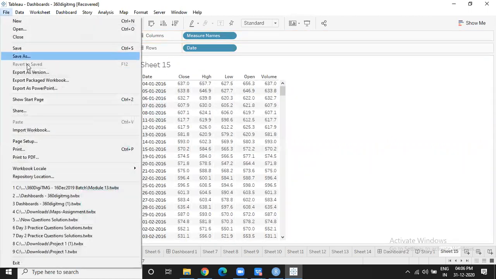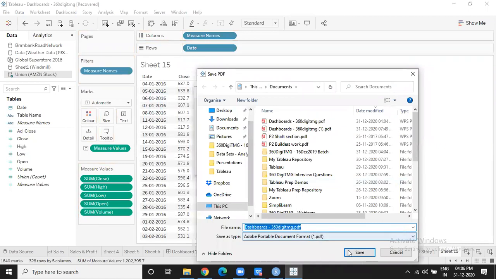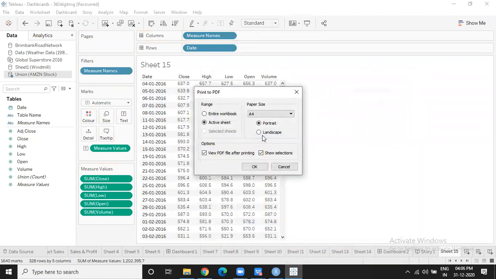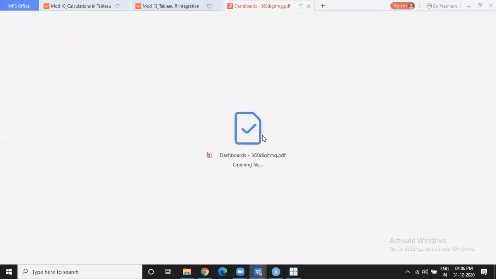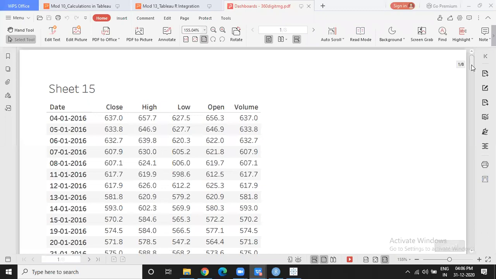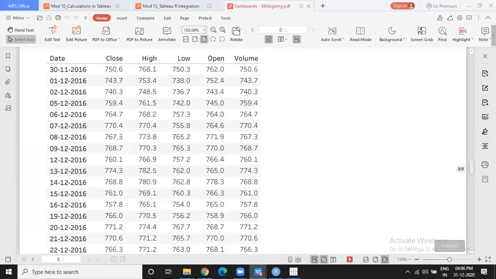Okay. This I will go in, say print to PDF, take only active sheet and say yes. So it is going to get saved as a PDF. Like that. So all the data is there.